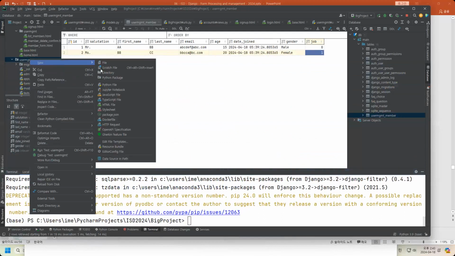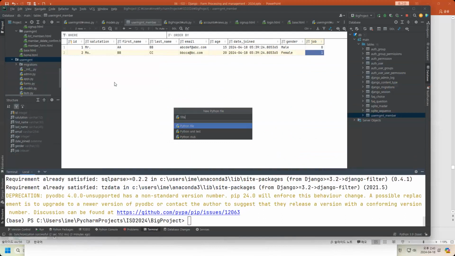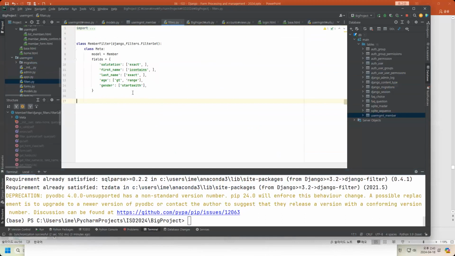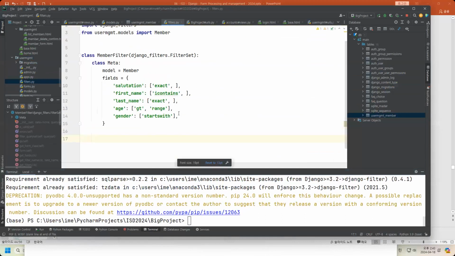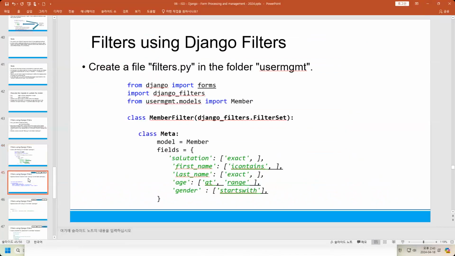Let's make filters.py. So we will check this one later. We are going to make filtering based on the fields salutation, first name, last name, age, and gender. And then